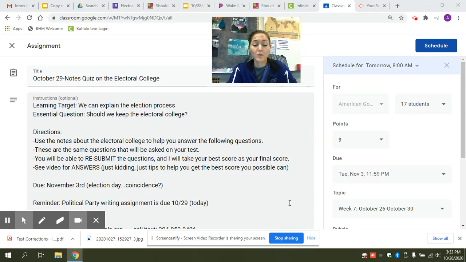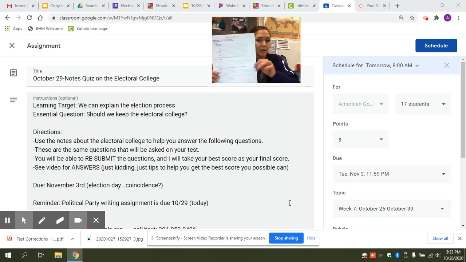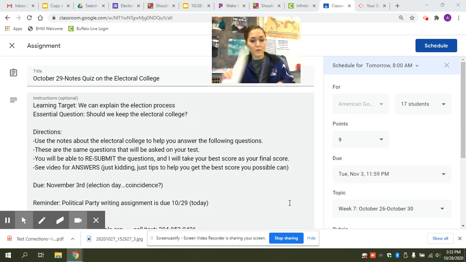So you guys took notes yesterday about the Electoral College. Go ahead and take those notes out. You're going to use them for your notes quiz. Please know that this notes quiz, you're allowed to use your notes, and you are also allowed to resubmit your